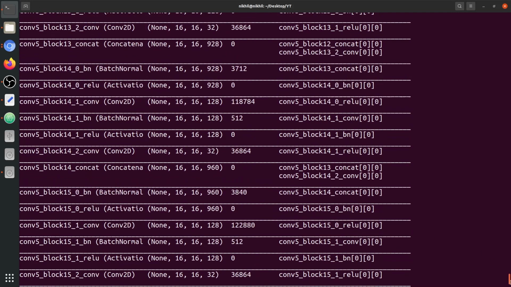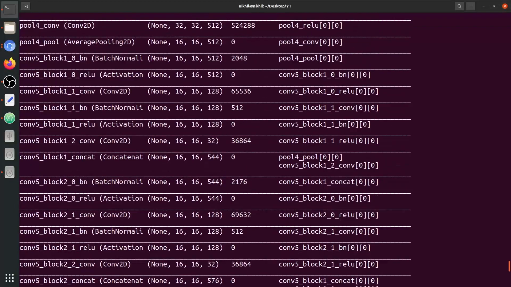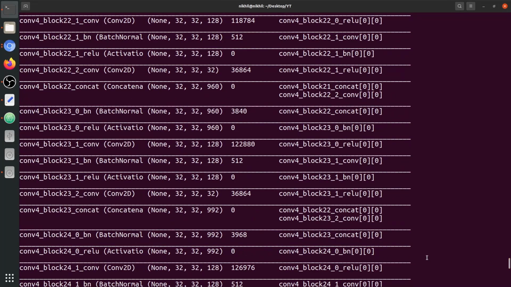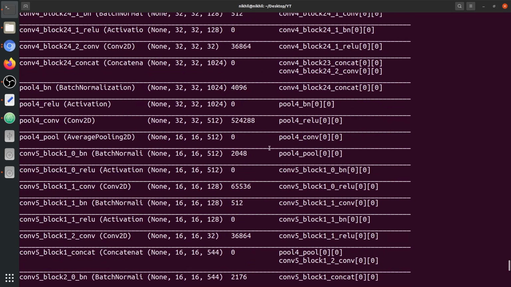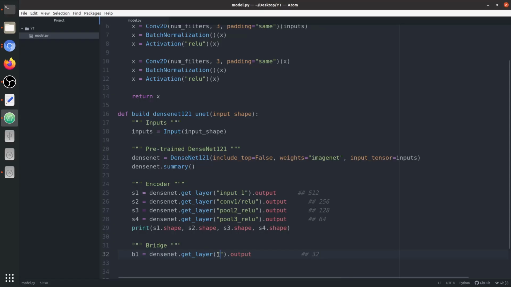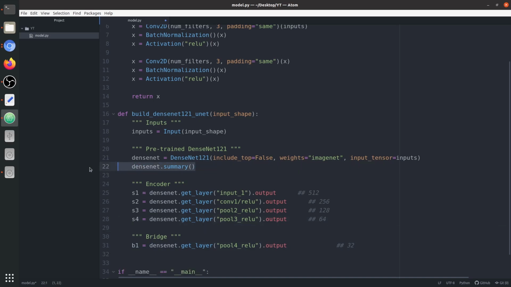So we need a feature with the size 32 by 32. Okay, we are here. So this is pool4 underscore conv. Not pool4 underscore conv, pool4 underscore ReLU. Okay, we're gonna remove the extra space. So now this is complete. We have all the skip connections and the bridge feature maps.